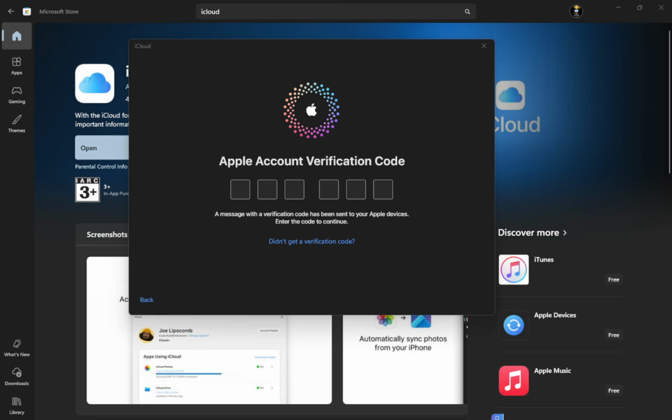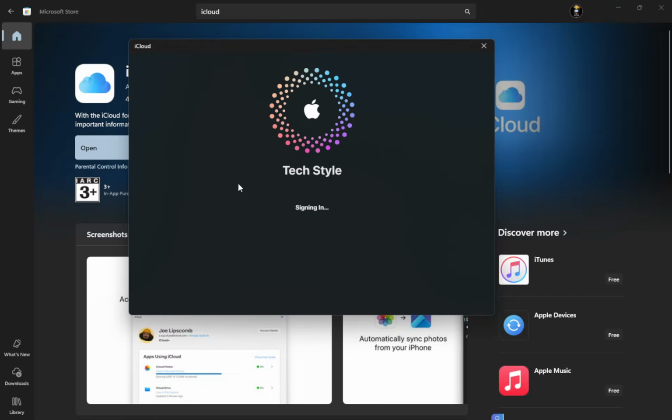With setup complete, access your content right from File Explorer. Open File Explorer, and you'll notice two new entries: iCloud Drive and iCloud Photos. iCloud Drive works like a regular folder. Drag files in to upload them to iCloud and access them across your Apple devices. iCloud Photos lets you view and download your photos and videos on your PC. Depending on how much you have in your library, the first sync may take some time. That's normal, and it will continue in the background while you work.